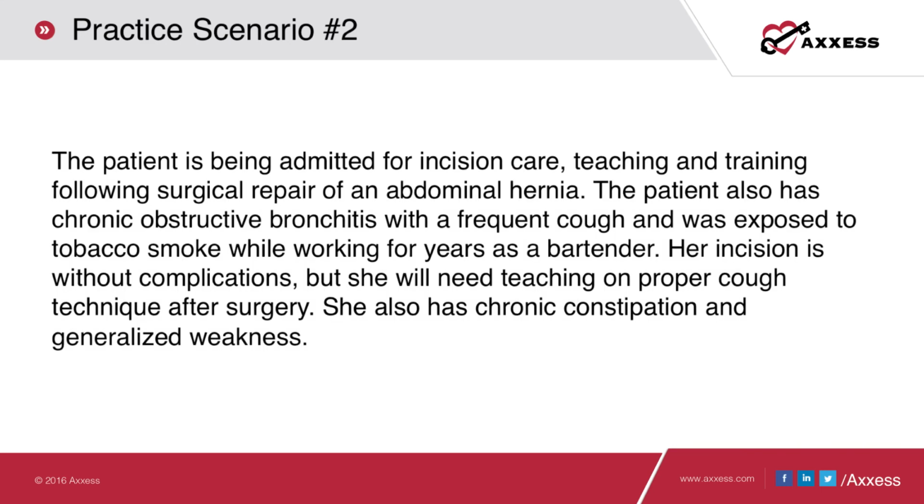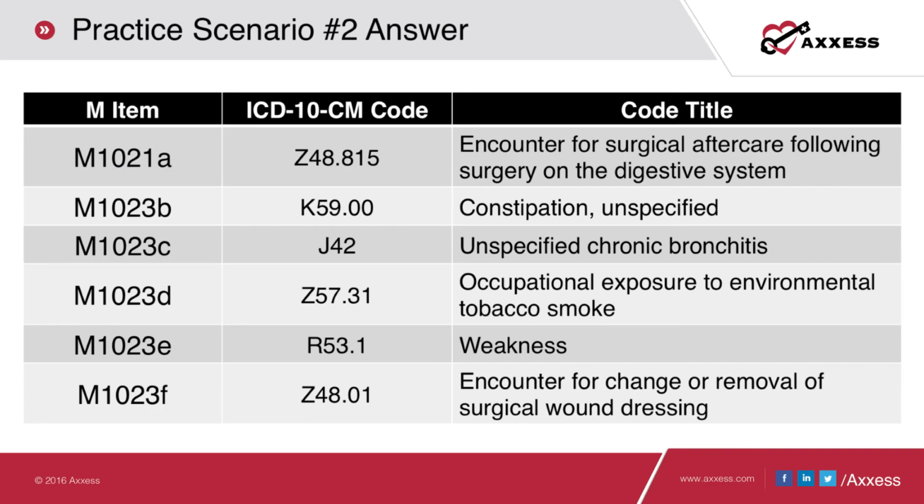Practice number 2, your patient's admitted for incision care, teaching and training, following surgical repair of an abdominal hernia. The patient also has chronic obstructive bronchitis with a frequent cough and was exposed to tobacco smoke while working for years as a bartender. Her incision is without complications, but she will need teaching on proper cough technique after surgery. She also has chronic constipation and generalized weakness, so she's going to need some teaching as well as that incision care and assessment. So in this case, you have in M1021A an aftercare code because there are no complications of